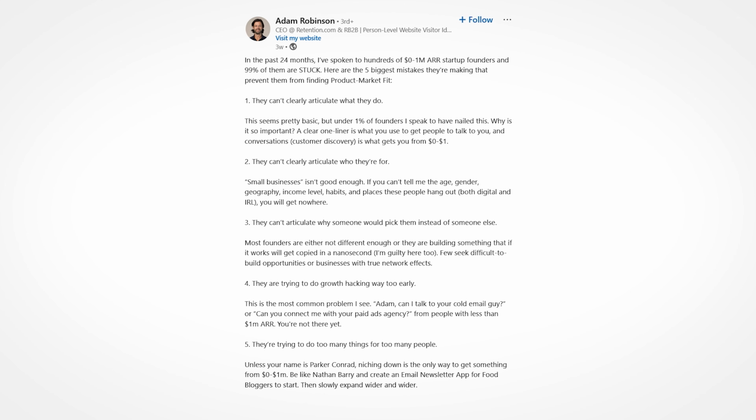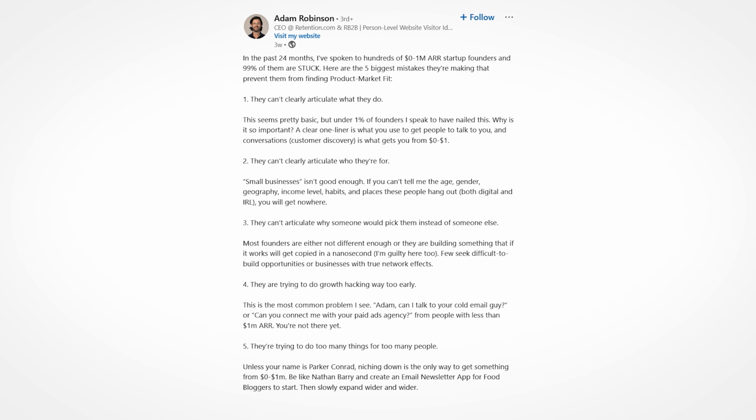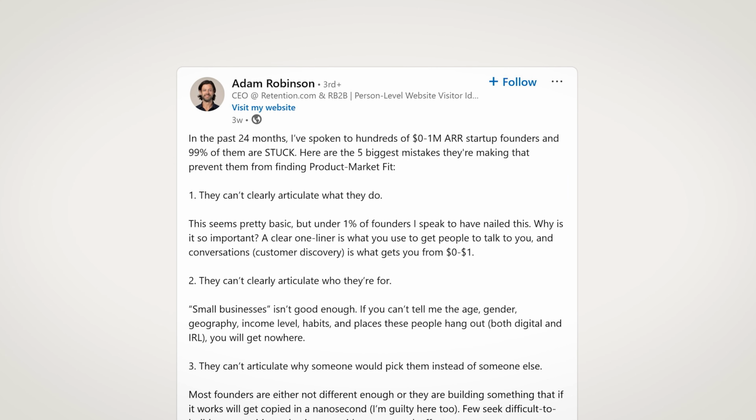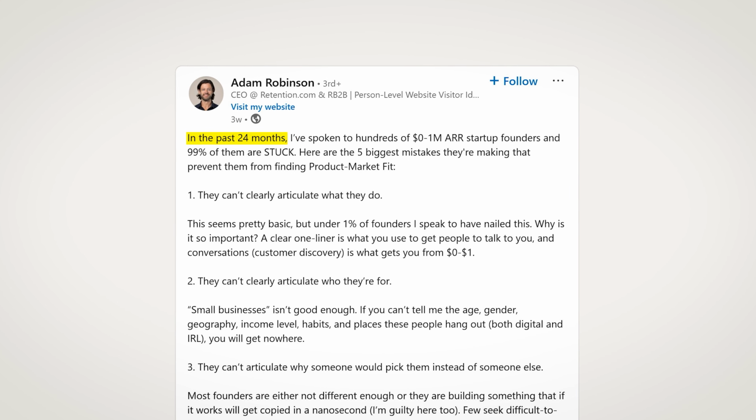Check out this example from Adam Robinson, who's a master at this. The boring version of this hook would be, here's 5 quick tips to find PMF. It's okay, the 5 quick tips listicle format does some work in creating curiosity in the reader, but it's kind of boring. Contrast that to Adam's actual hook where he says, in the past 24 months, I've spoken to hundreds